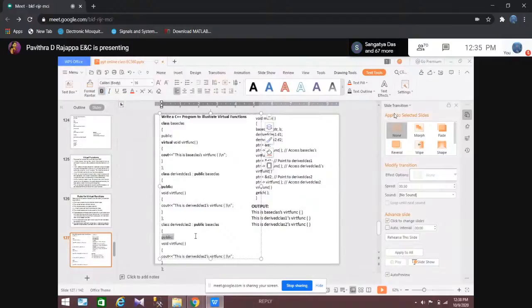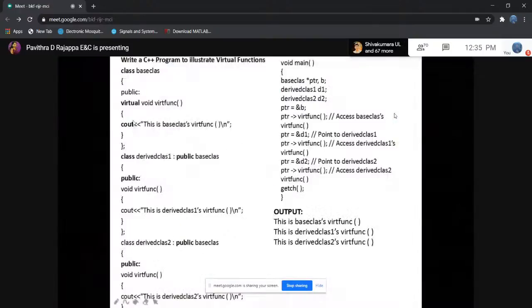In this member function of this base class, I have written only one sentence: this is base class first function.